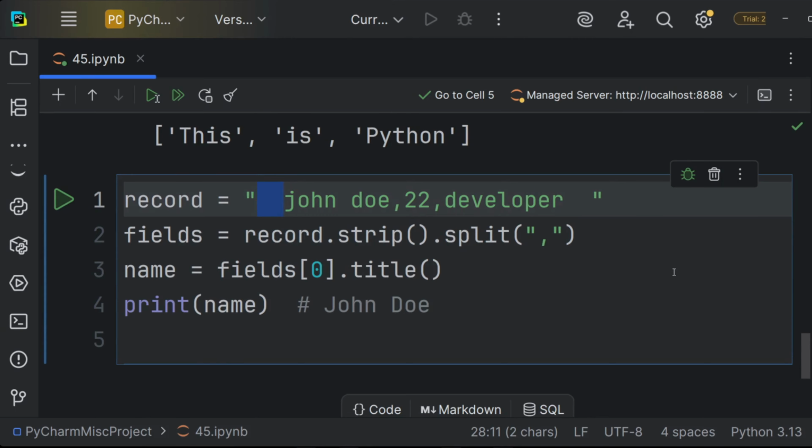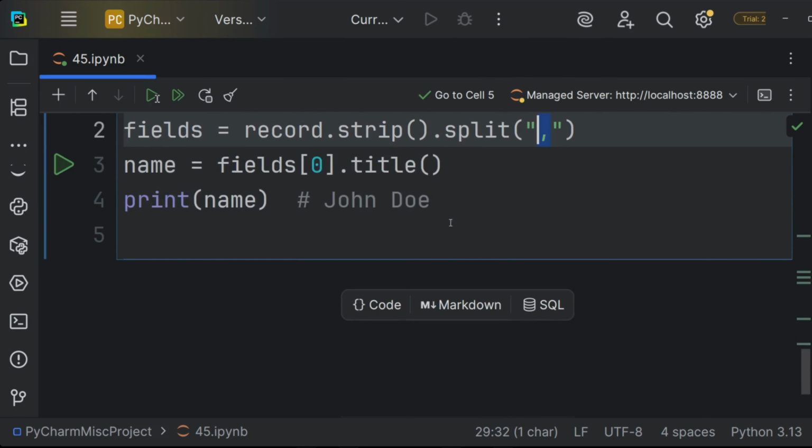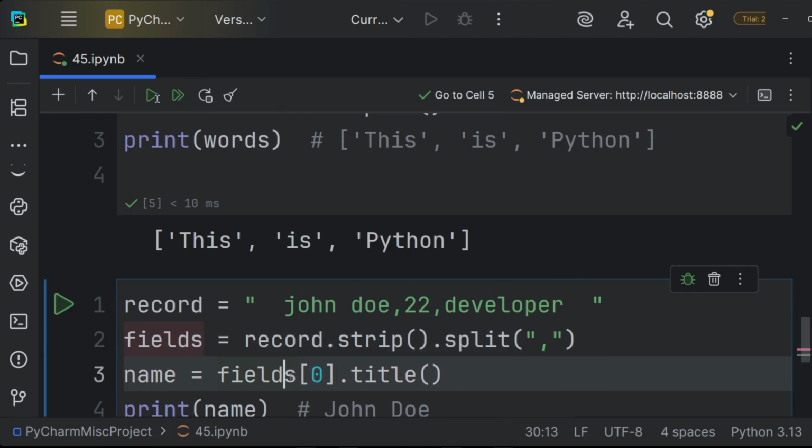And once again, lists have indexes. So the fields list consists of John Doe, 22, and developer. Because note, this split was told to split wherever there's a comma. So it does its job and it splits over there. Now we want to print the first name of this person.